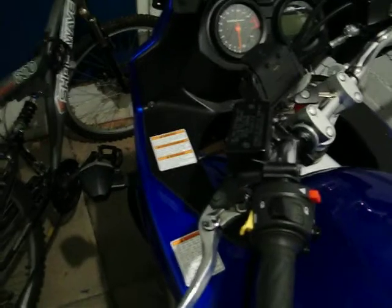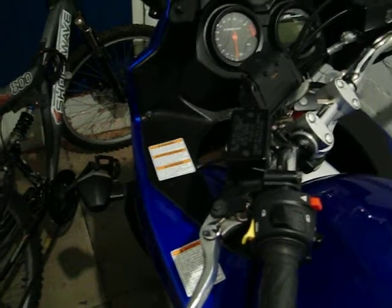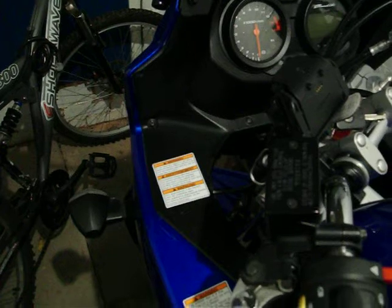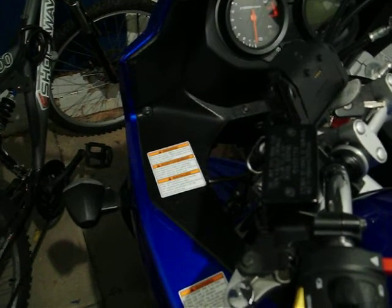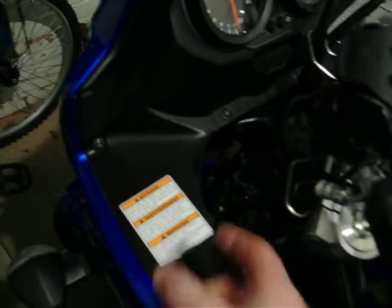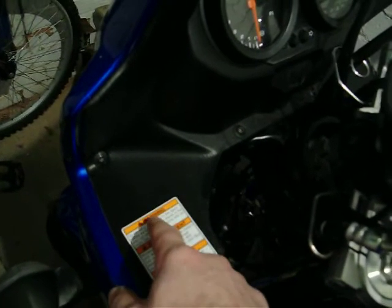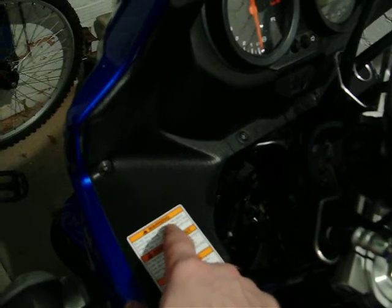Now, with all the gadgets we've all got these days for the motorbikes, it's starting to be a standard thing on a lot of the modern bikes, especially adventure bikes. They're all starting to fit 12 volt powered outputs for your mobile phones and all that sort of stuff. It wouldn't be a hard job, and I have seen it done on many a bike. If you wanted to fix up a permanent supply, you can get waterproof caps now on these things, so it'd be very easy to just drill a hole in the bodywork here, have a permanent connection in there and have